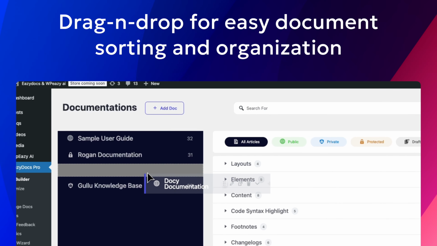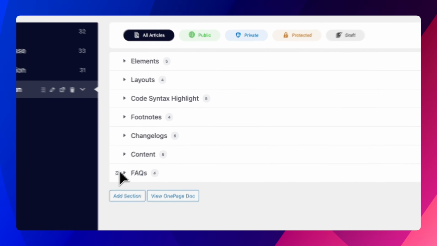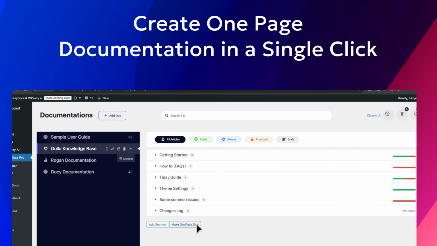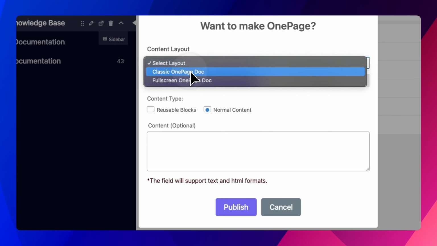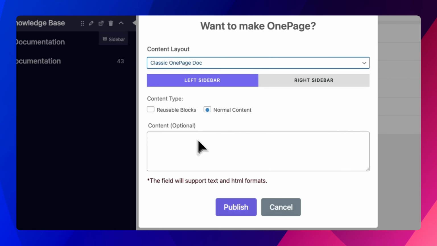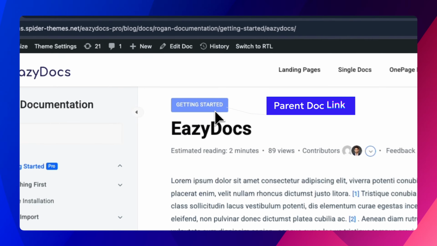You can easily organize and sort your documentation with drag and drop feature. Here, you can easily generate a complete one-page documentation with a single click. And your documentation will be created with a range of qualityful features, including simplified navigation, parent doc link,